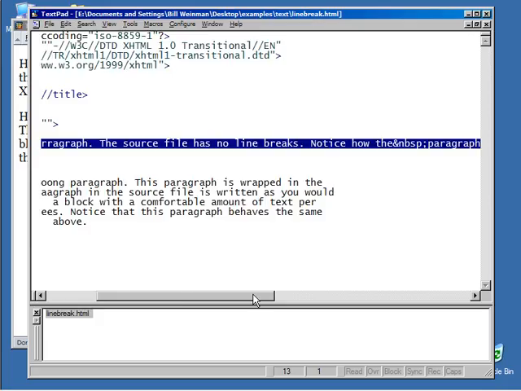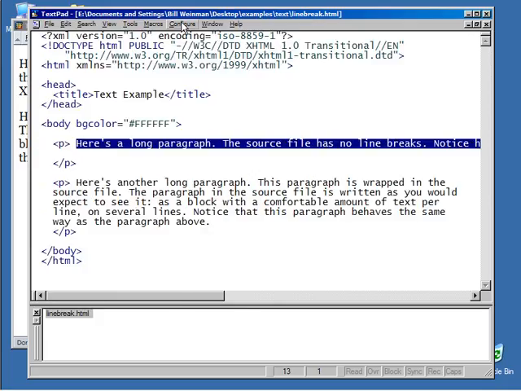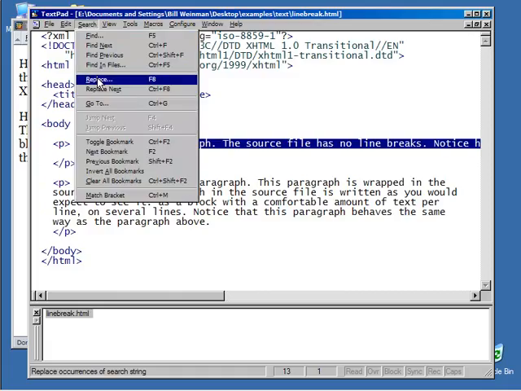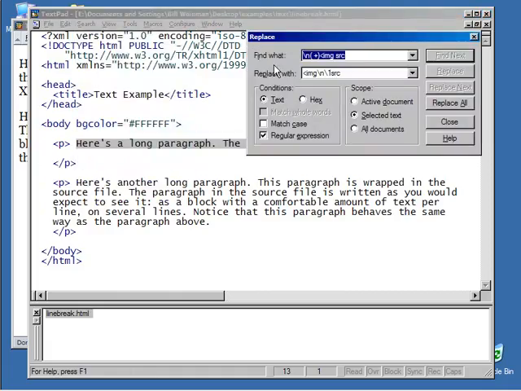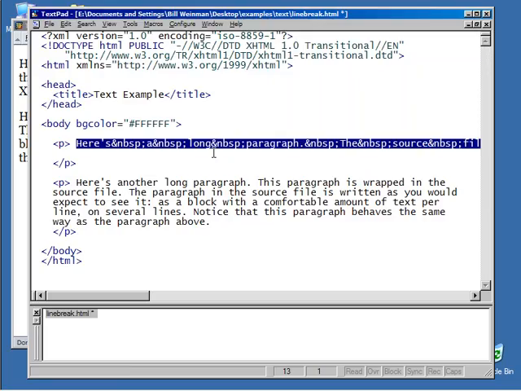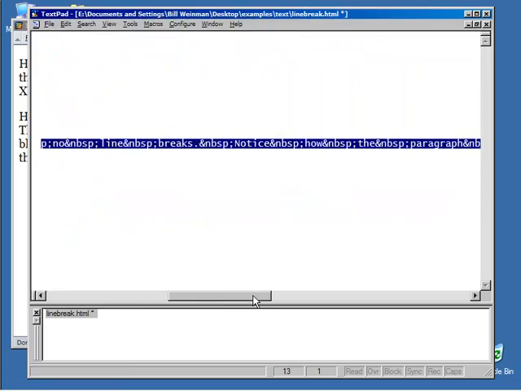Now, I'm using a really good editor. I really like this editor a lot. And it has regular expressions for search and replace. Let me clear this out and then bring that up. And I'll put in a space for the find and the backslash ampersand NBSP. Now, I have to put the backslash in before the ampersand so that it means the literal ampersand in the regular expression parser here. If you have regular expressions turned on in your search and replace, trust me, you probably have to put that backslash there. Replace all. And then close this, and we'll notice that every space in the selected text has been